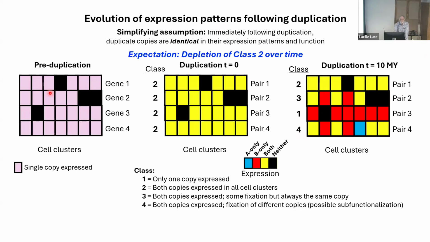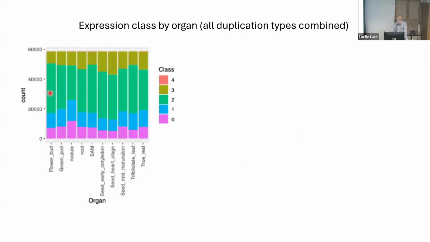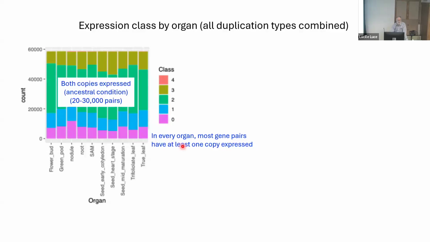And so the expectation is that over time, we should see a depletion of this class 2 type of gene where both are being expressed. Well, what do we actually see? Here's some data. First of all, class 0 is the one that's not expressed. These pairs are not expressed at all anywhere. So in every organ, most gene pairs have at least one copy expressed. Most of the genes, the largest single fraction are these class 2 genes, 20 to 30,000 pairs where both genes